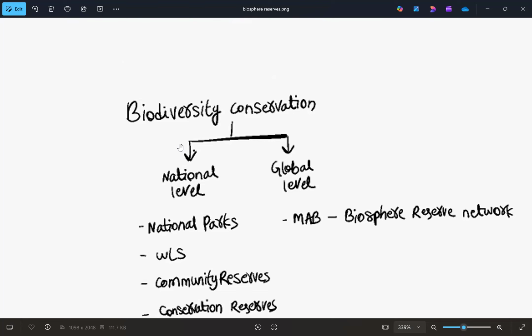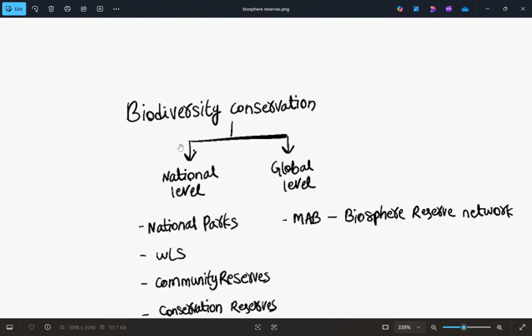But what is the difference between national park and wildlife sanctuary? In a national park, it is like the national park conserves the whole wildlife. So if it has tigers, if it has deers, if it has giraffes, every wildlife species will be covered under national park. But under wildlife sanctuary, it is for specific species. So if I say this wildlife sanctuary is for tigers, it will be specifically only for tigers. So that is the basic difference between national park and wildlife sanctuary.